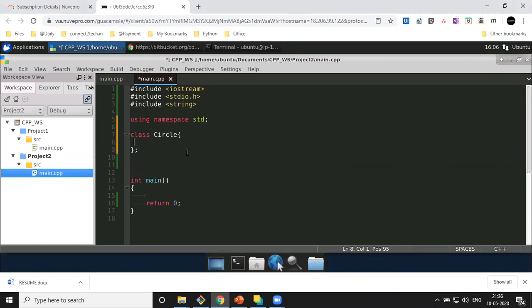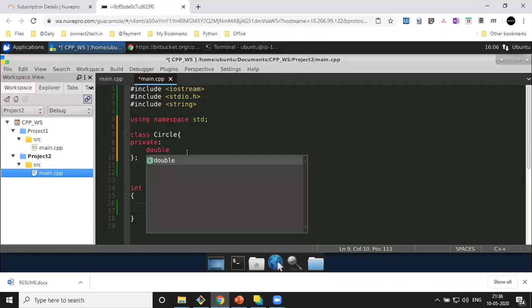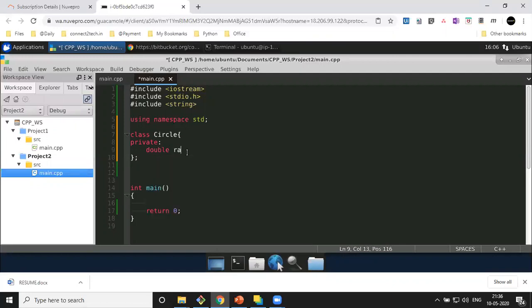So let me go ahead and say private colon. Then after that I will specify a variable and I'll say double radius. So this is a variable.